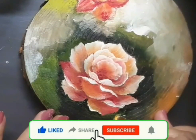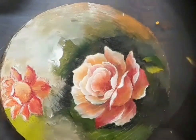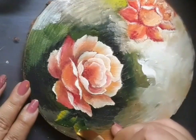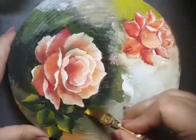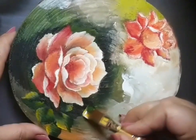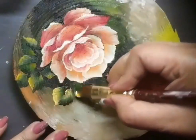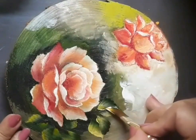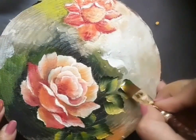Yes, now it is time for one stroke style of leaves. For creating the leaves, I have gone ahead and picked up my flat brush number 6, which is loaded with a mix of deep green, bamboo green, olive green and white acrylic as well. Whenever I wish to highlight a certain leaf, I go ahead and add more of white, or else it is just a mix of greens and less of white. Hence, you see, the proportion of the